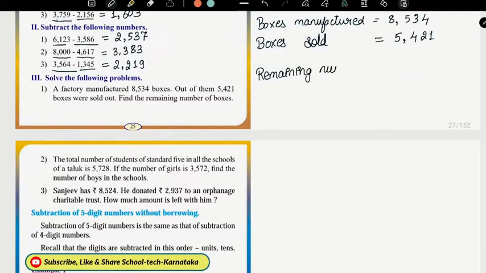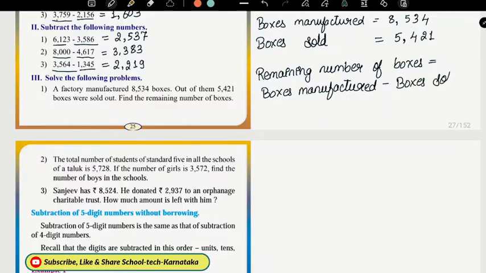Remaining number of boxes is equal to boxes manufactured minus boxes sold, that is 8534 minus 5421. So when we subtract it, we have